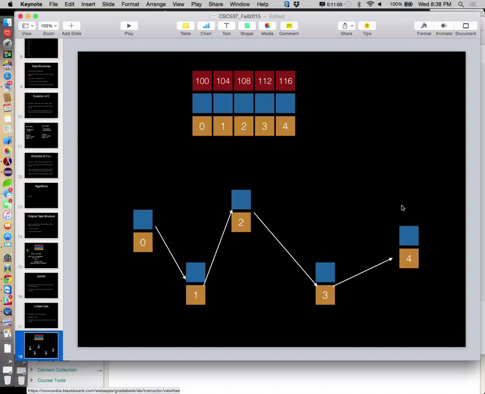If I want to add 1 more bucket to a linked list, I just add the bucket and then connect it off the end of the list. I didn't have to destroy anything. I just tacked it on. Make sense? That's the visual advantage of a linked list when we need to hold arbitrary amounts of data. Okay, they can grow and shrink as we see fit.